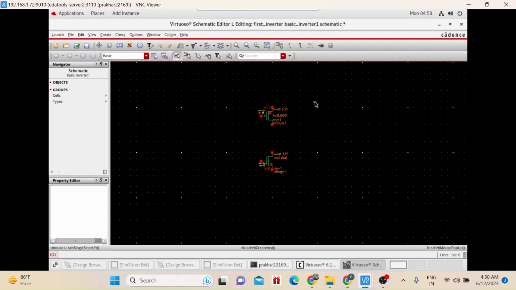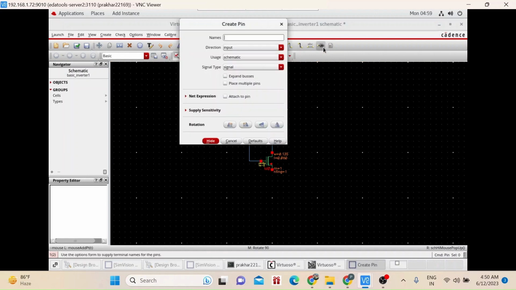Now for the connection you can press W, or from here you can just choose create narrow wire also, or just press W and connect these. I am connecting the drains of the two transistors and gates also. Now I am going to place the ports, or we can say create pin. Here I will give input.